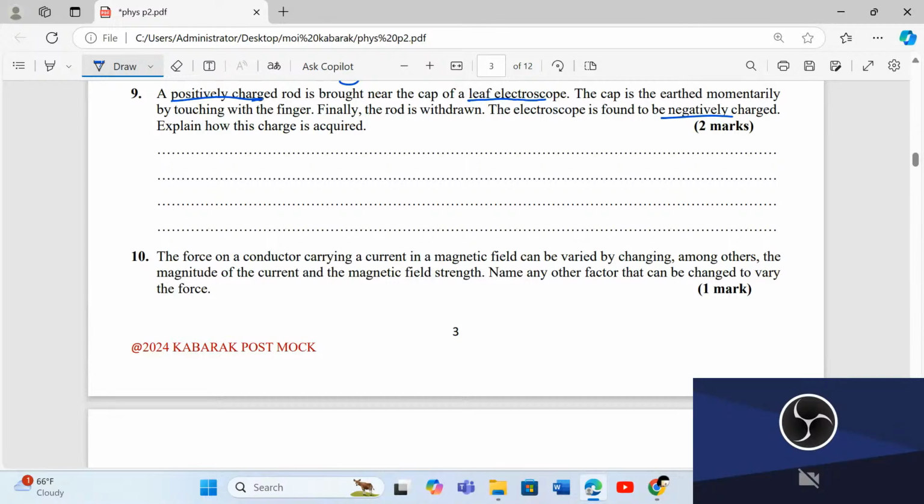Therefore, this is charging by induction. And in charging by induction, we expect to have the opposite charge to the one of the charging body. Therefore, once the positively charged rod is brought near the cap,